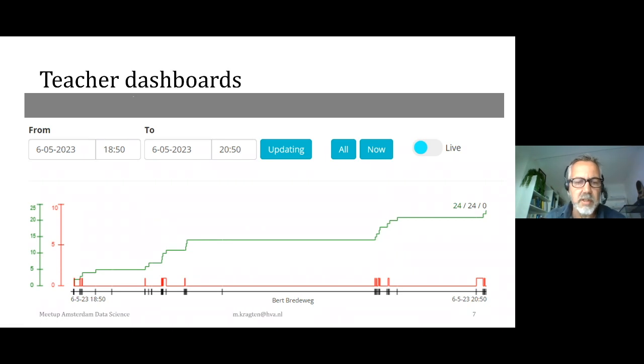Hey, there's no activity for a long time, or there are many mistakes, not shown here, but perhaps there are a lot of mistakes students are making, and then you can go to the student and help them to move on. And then finally, all ingredients, 24 in this case, are created, and the student, or Bert, is finished.